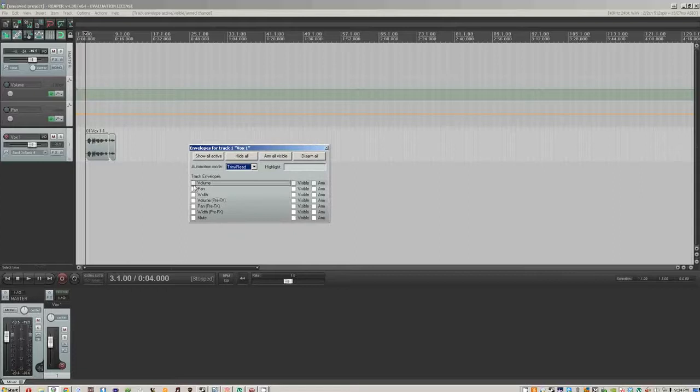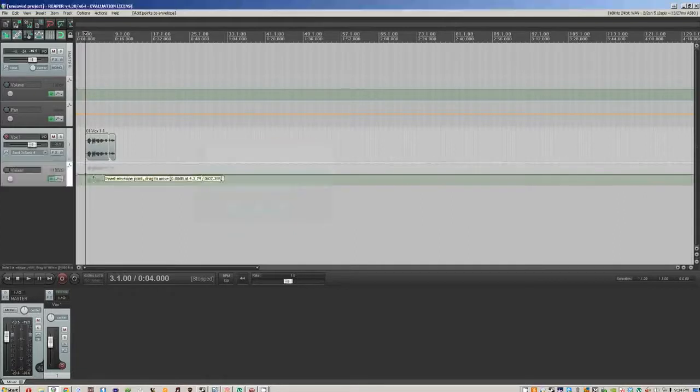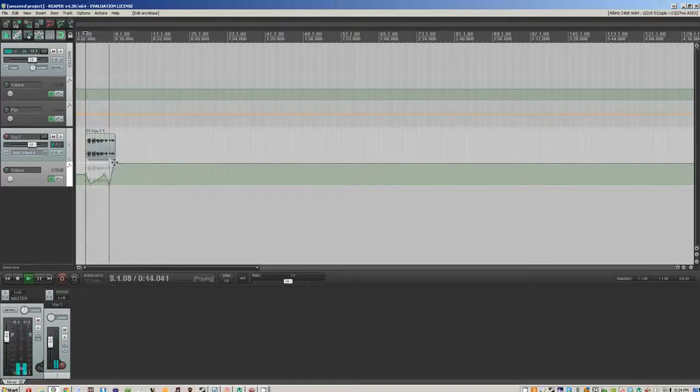The cool thing about that is you can then automate volume by clicking shift, clicking shift, clicking shift, and dragging. So now this is going to be really low volume, and you can tell it's inaudible there. I can then lower this again. I can make this freakishly loud at the end